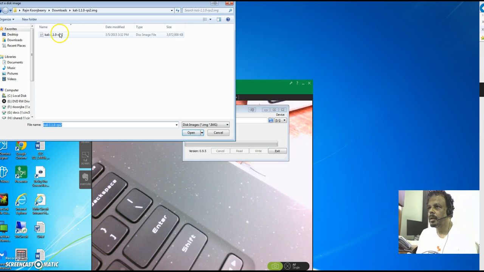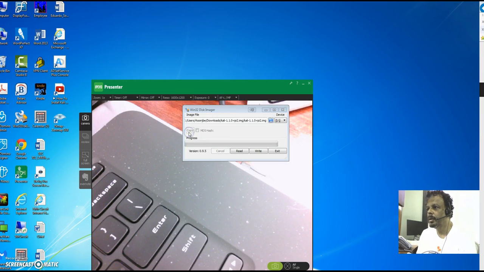Okay, here it is, open. And it's going to create that image to make it a bootable file. So write, and this takes a little bit of time. I'm going to write this here, and it's going to take a little bit of time, maybe 15, not even